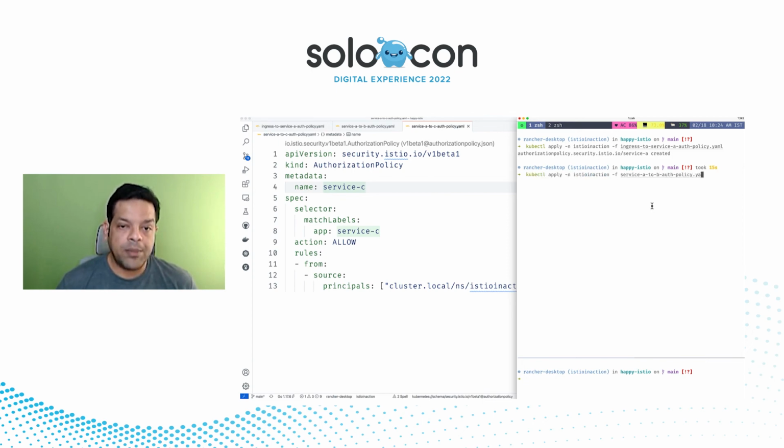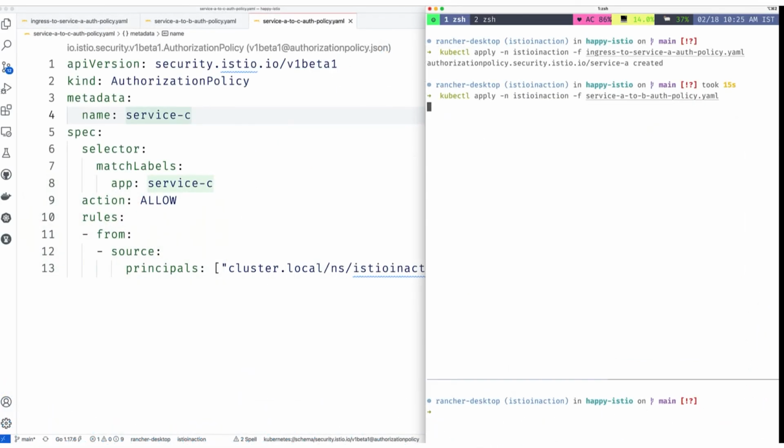And then I'm going to apply service B. That's also going to go through in a second. And finally, the one for service C. And now the service C access policy also got applied. And now when we go back,